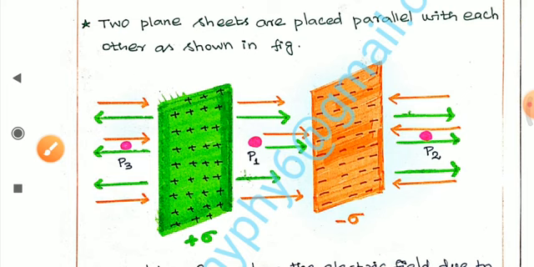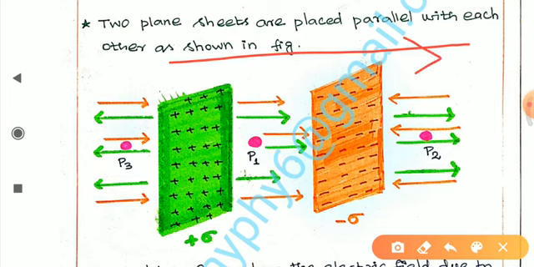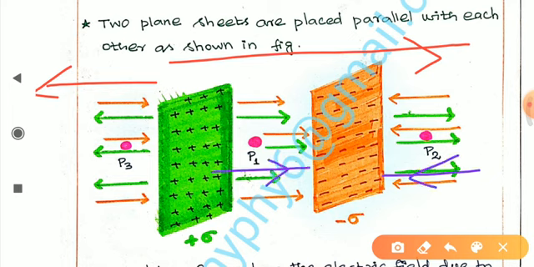Now we can look at this picture. From the positive surface charge density, the electric field is always directed outwards, on both sides. To represent the direction of the electric field due to the negative surface charge density, we are taking another color, blue. What about the plate of negative surface charge density minus sigma? It is always directed inwards. These are the two things we have to understand in this case. Then everything is the same as what we followed in the previous video.